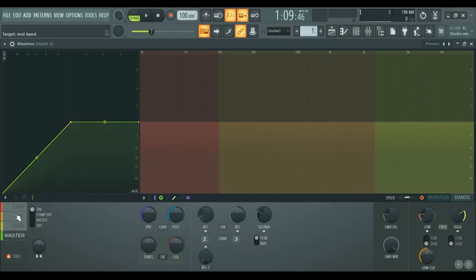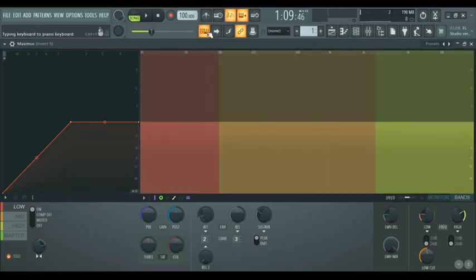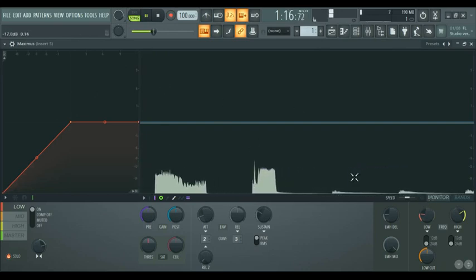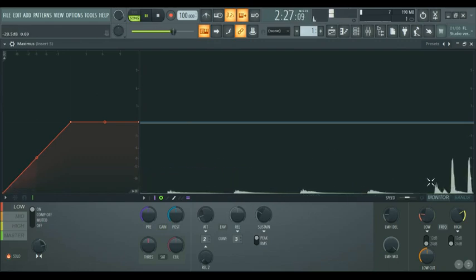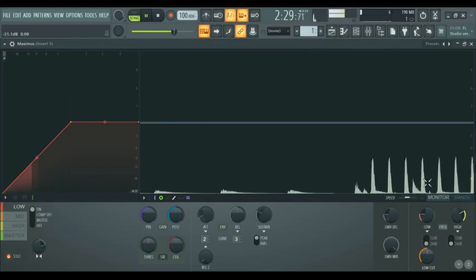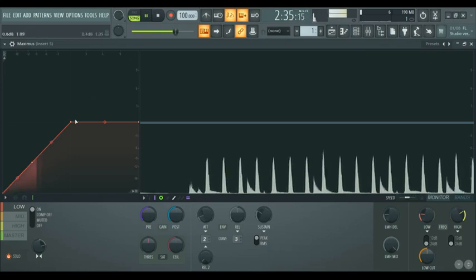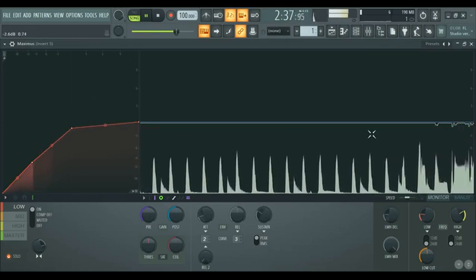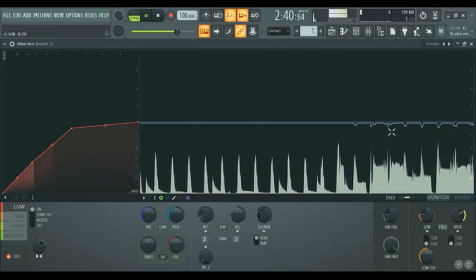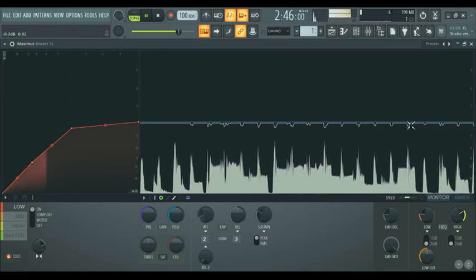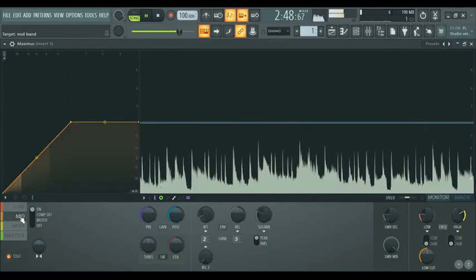So we now come to the band here. We want it to show the lows. So for mastering, what we basically do is try to find the average, you know, try to see where is the average here, and then from there we can come to our track here, mark it, and then try to reduce a little bit. So what this will do, as you can see, it will compress those distortions that happen within the low,